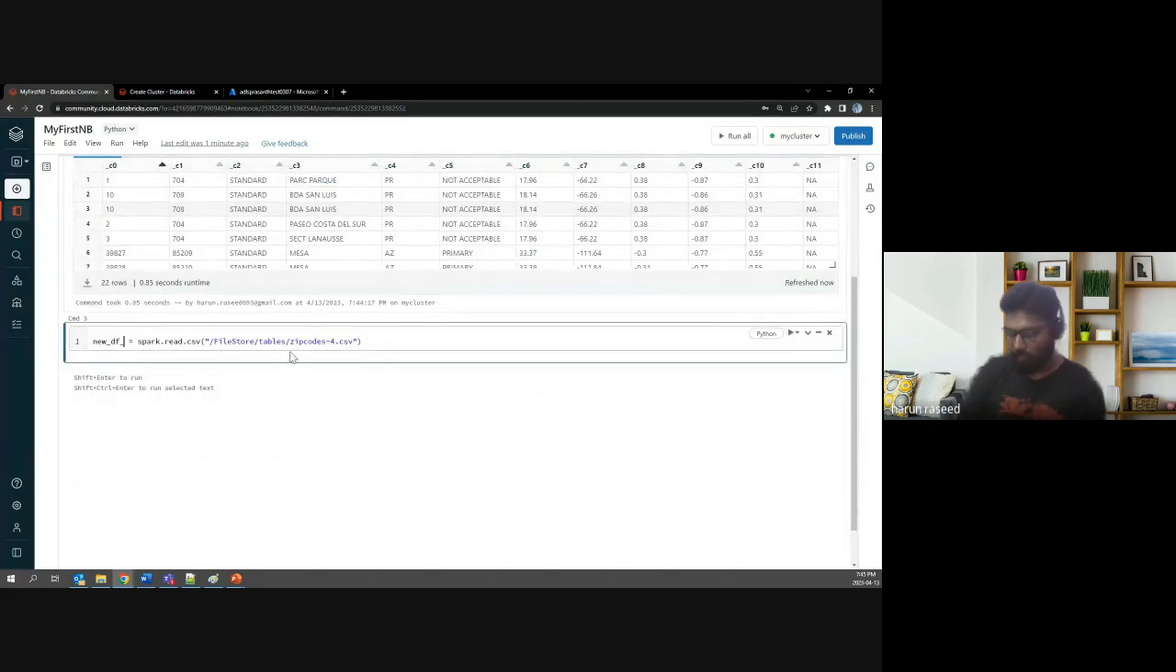Let me put it as another data frame for understanding. So before reading this, you need to say option, and here you need to put it as the option header true. So we know that that is a header, and that a header should come. So if you say header true,